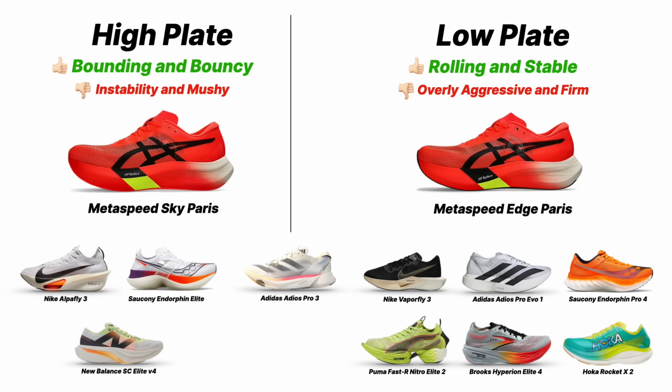Another shoe that kind of breaks this high plate, low plate configuration is the Hoka Ciela X1. Now, from a configuration standpoint, that is a low plate shoe. The plate is fairly close to the ground. Not necessarily on the ground, but it's closer to the ground than it is the foot in the forefoot. But there is so much foam, so much rocker in that shoe that it kind of feels more like the Metaspeed Sky or an Alpha Fly than it does a Vaporfly or a Metaspeed Edge. So that one may break this, though I would say that if you like that shoe, you probably really like that shoe, and that's going to be your super shoe,